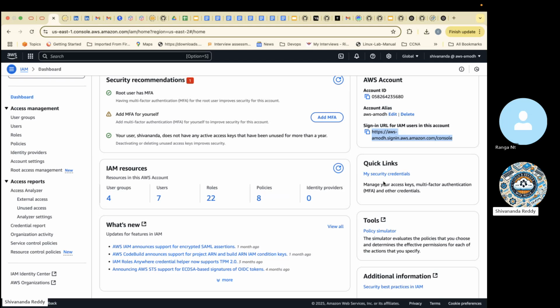So far you tried a root account: you selected root user, entered the email address and password, and logged in. Next time, try selecting an IAM user. When you choose an IAM user, it will ask 3 things. First one, account number. Second one, username. Third one, password. But do you have these 3? No.